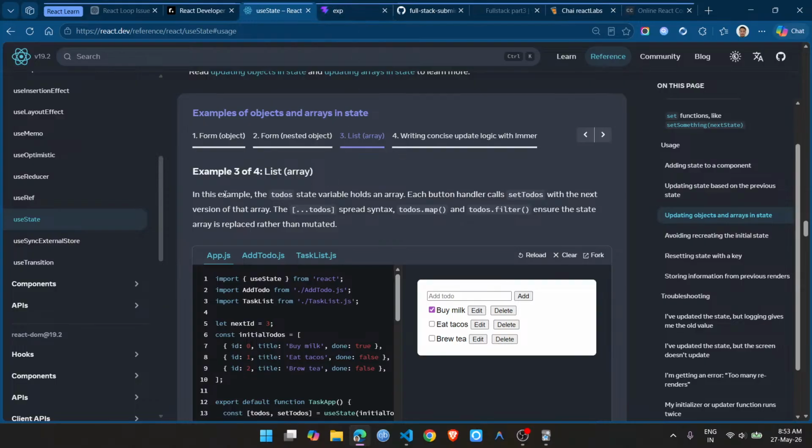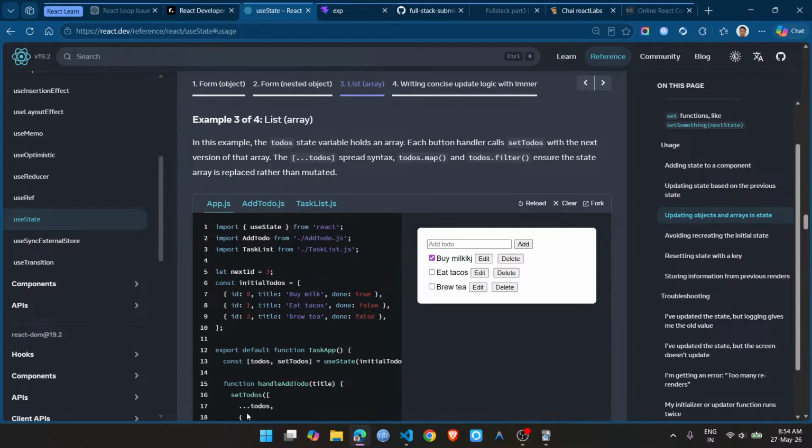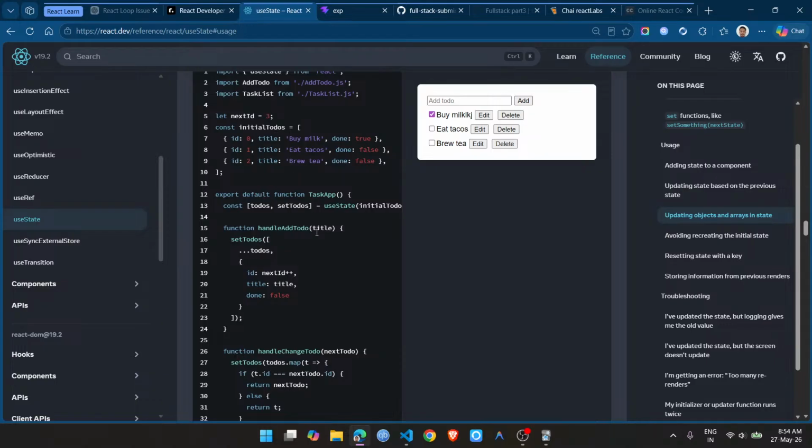In this example, the to-do state variable holds an array. Each button handler calls set to-dos with the next version of that array. The to-do spread syntax, to-dos.map, to-dos.filter ensures the state array is replaced rather than mutated. Initial to-do handle set to-dos. So inside this array of objects,